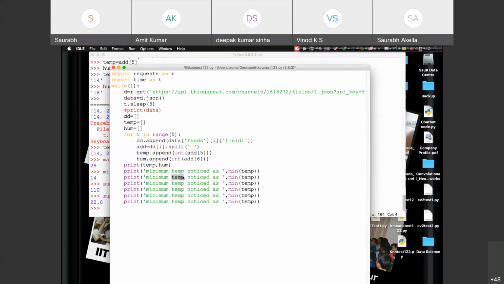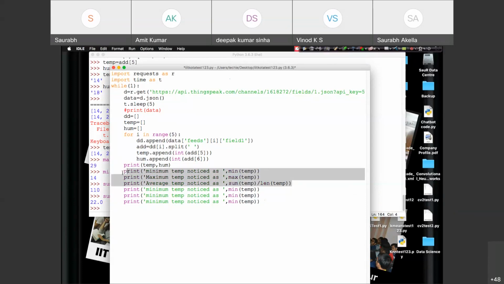So minimum or maximum temperature noticed as max of this. Average temperature is noticed as sum of temperature divided by length of temperature, right?